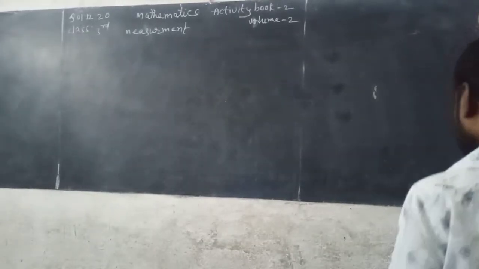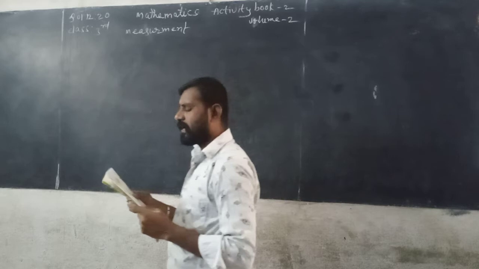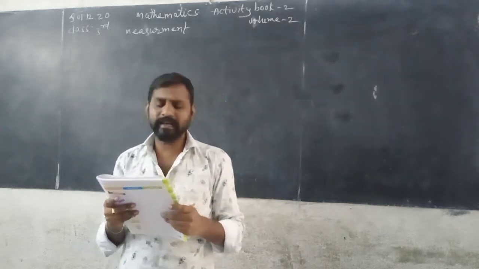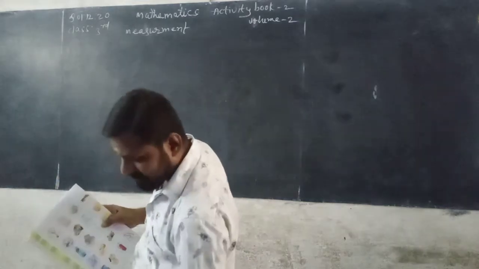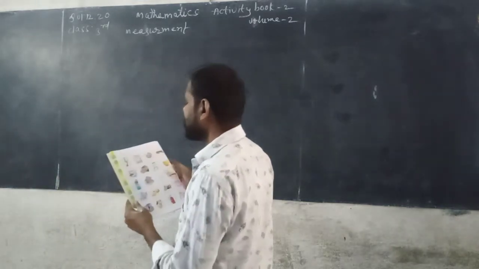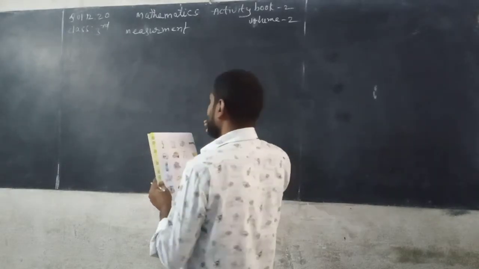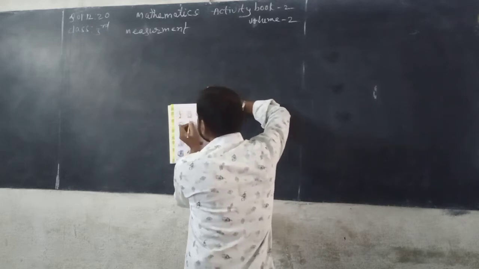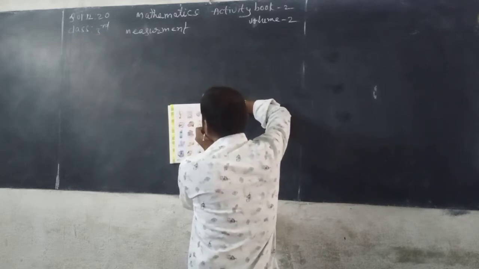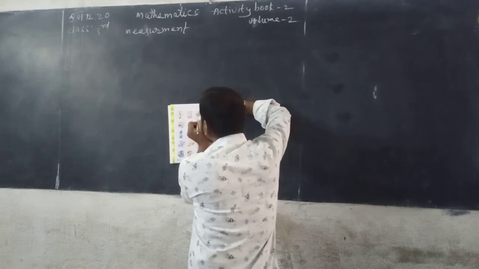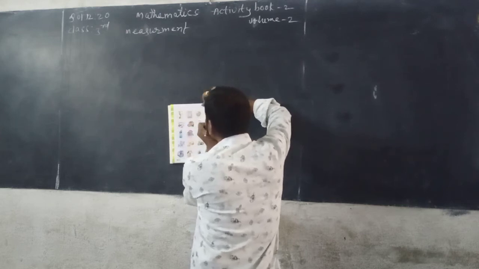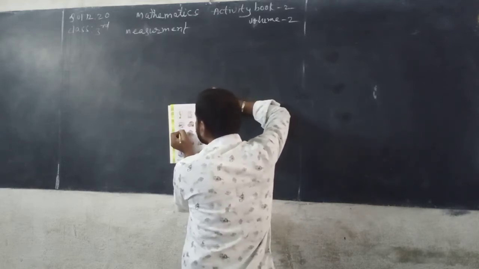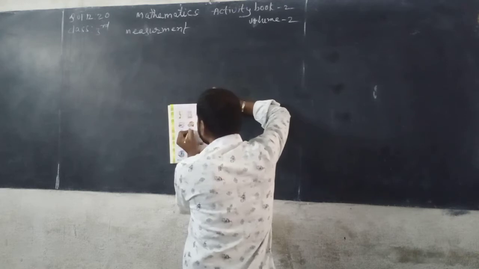Now next one is, pick the right objects which you can lift and cross the rest. First one is champion trophy, you can lift it, so right. Rice, you can lift, right. Lollipop also, right. Bus, this is heavy weight, now cross it. Next books, you can lift very easily. Now next jeep, not, cross it.